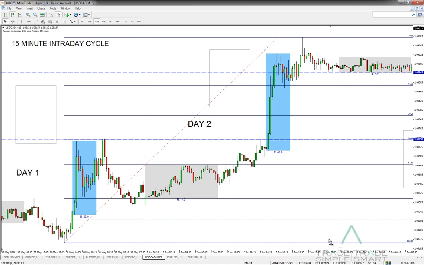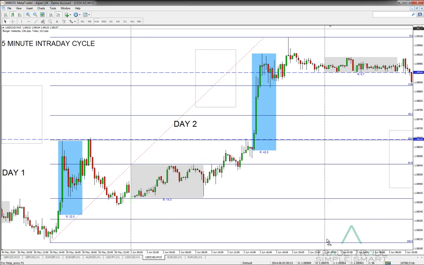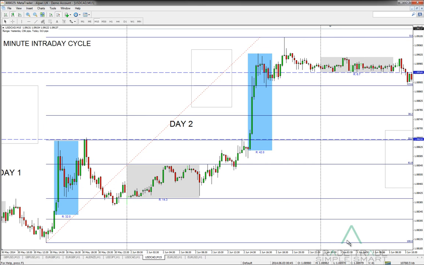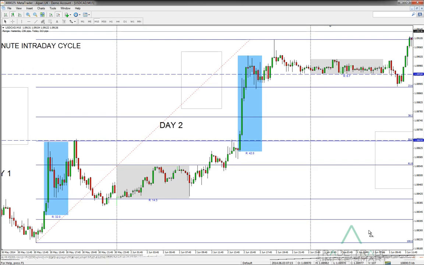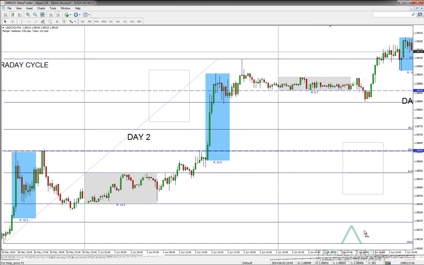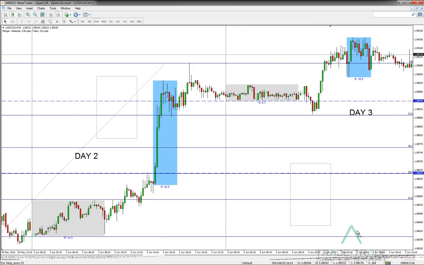So we'll move the market on, and we can see an initial break of our first level of support, which will induce traders into the wrong side of the market, and then we can see the third day to the upside